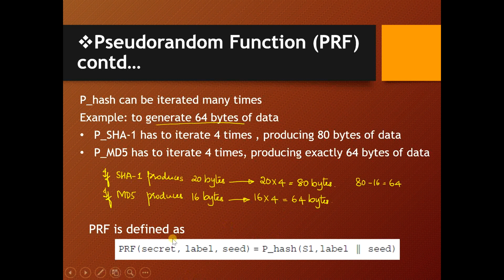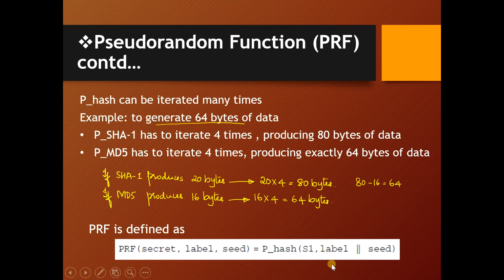Next we will define the PRF, the pseudo random function, and this is defined as PRF(secret, label, seed), which is equal to P_hash(S1, label concatenated with seed). So this PRF takes as an input the secret value, an identifying label and a seed value, and will produce an output of arbitrary length.